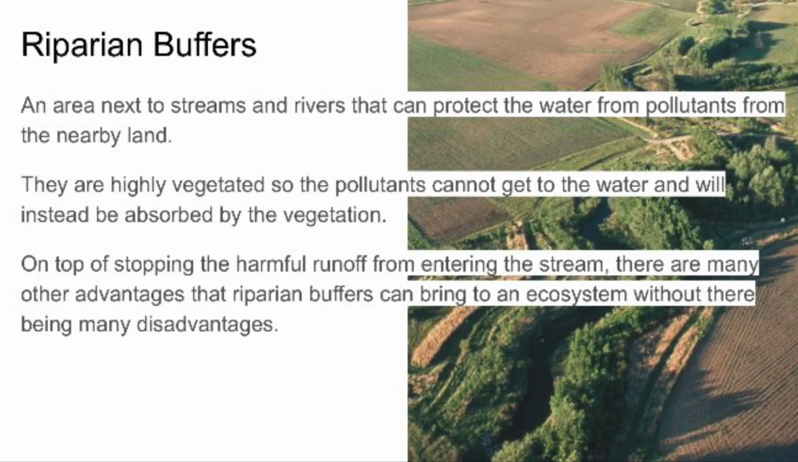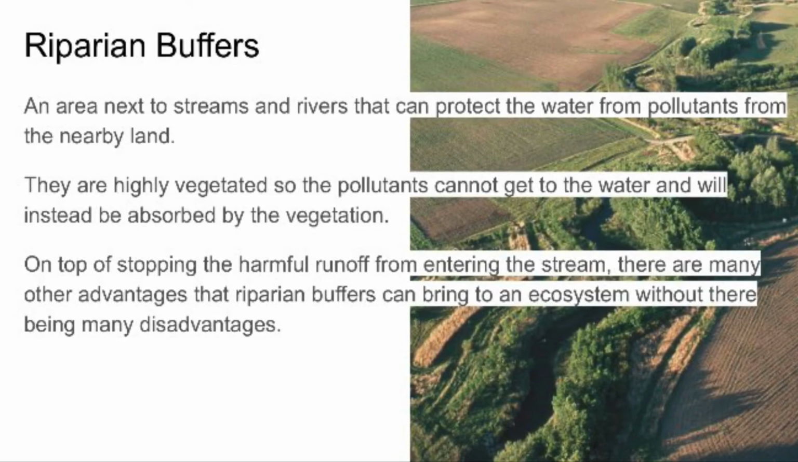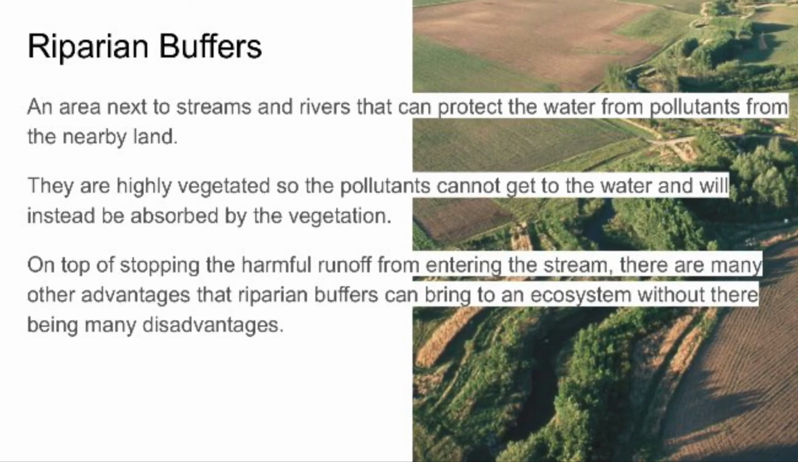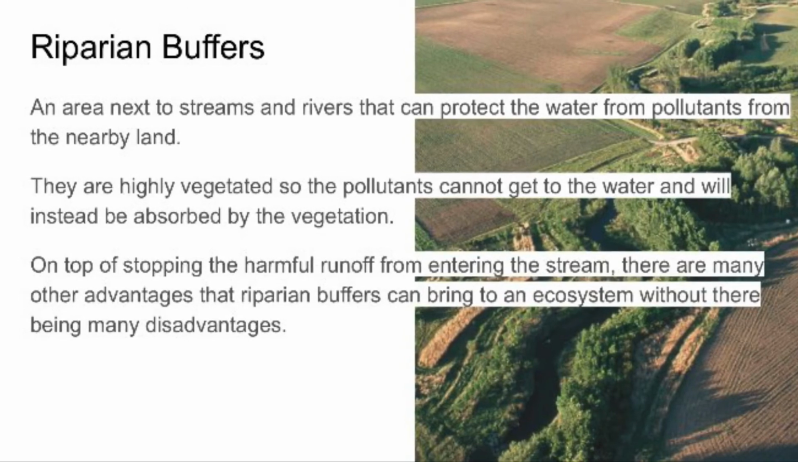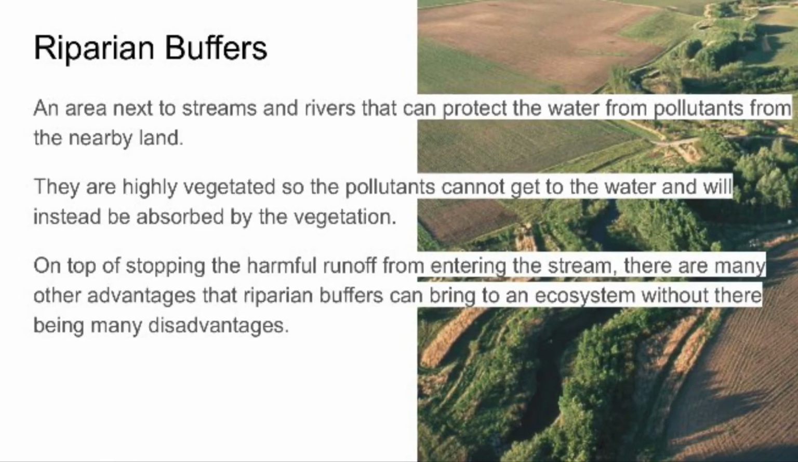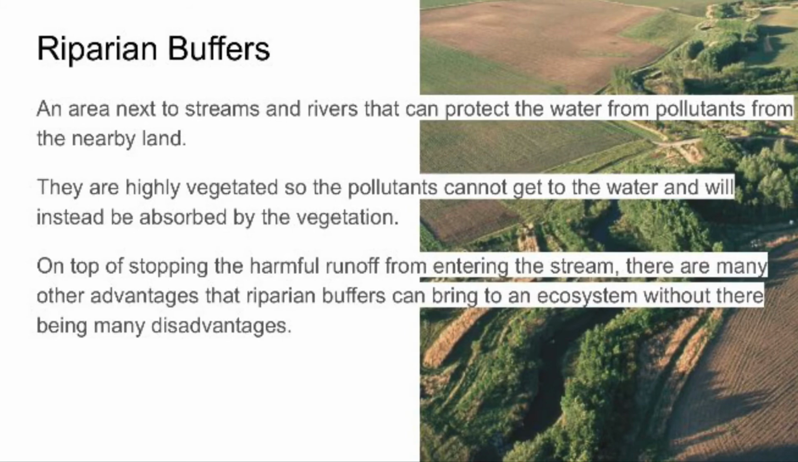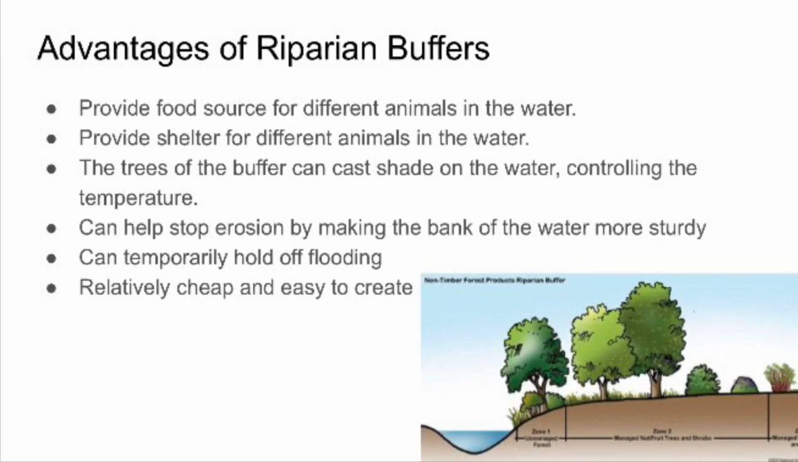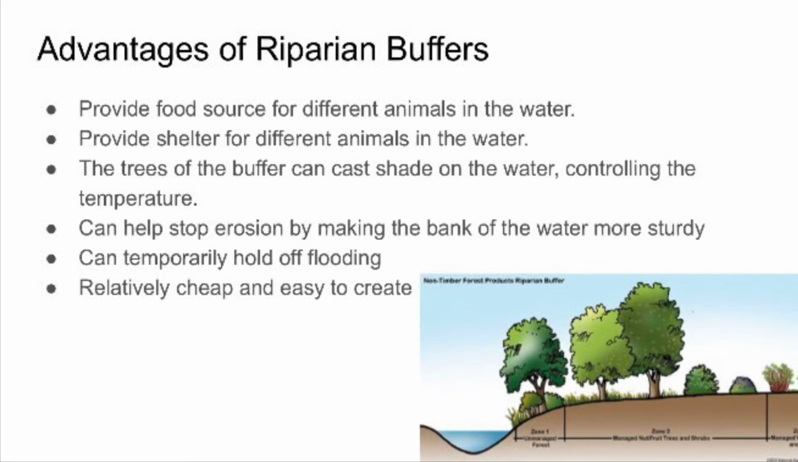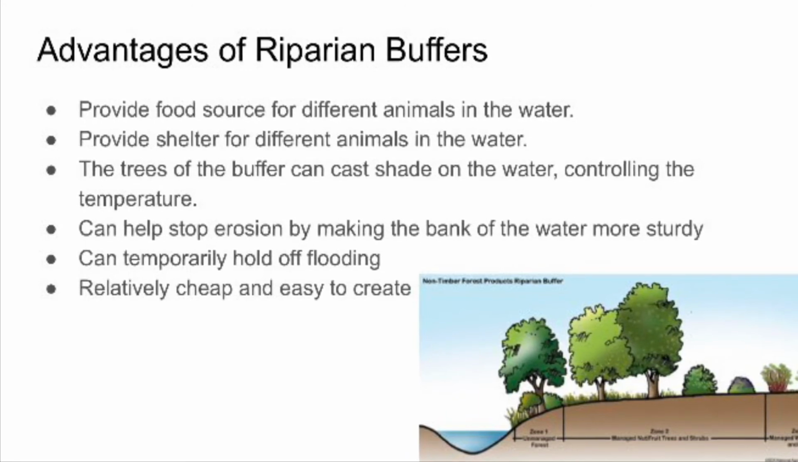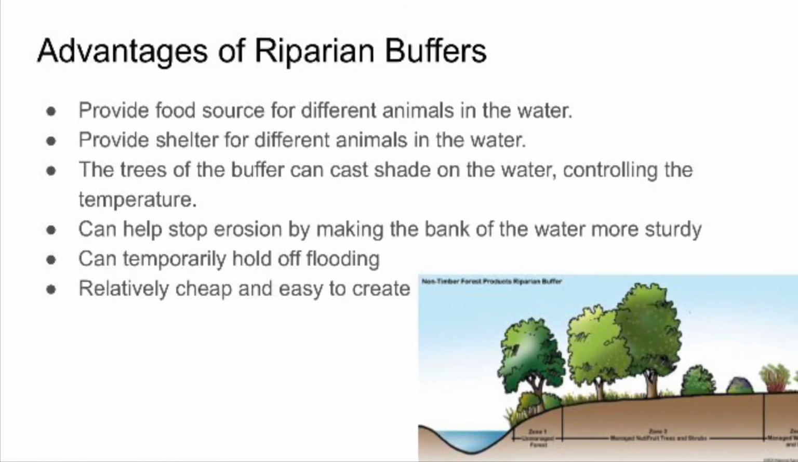On top of stopping the harmful runoff or waste from entering the different water sources, there are many other advantages that these buffers can bring to an ecosystem without there being many disadvantages to them. So, some other advantages that these buffers can bring is that they can provide a food source for different animals in the water. They can provide shelter for different animals in the water. The trees or bushes in the buffer can cast shade on the water, which can control the temperature of the